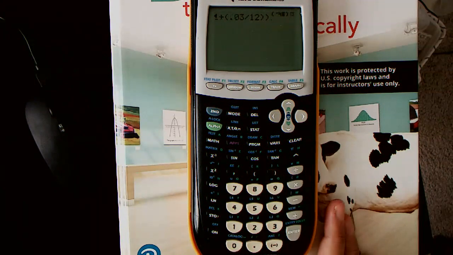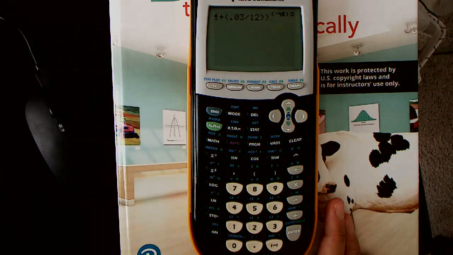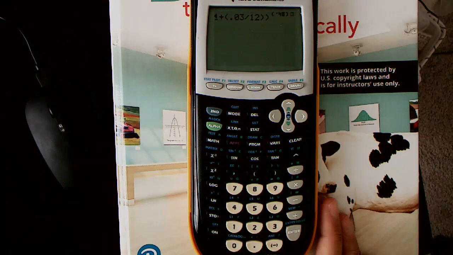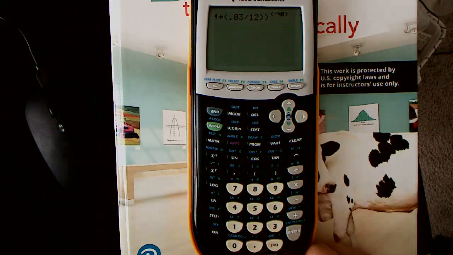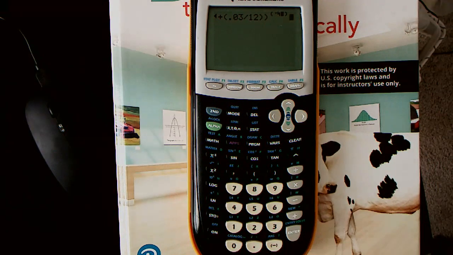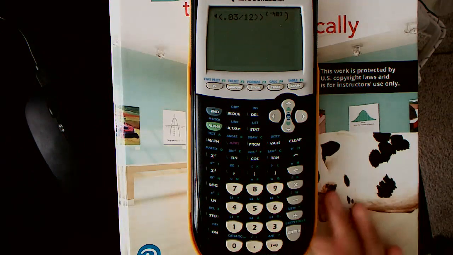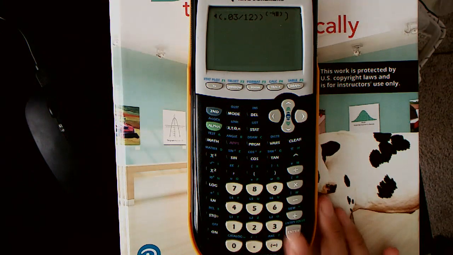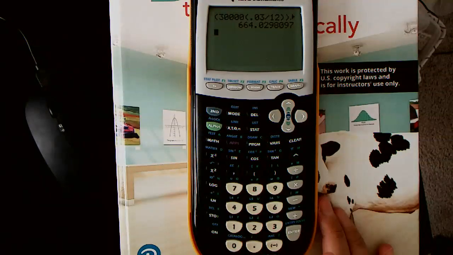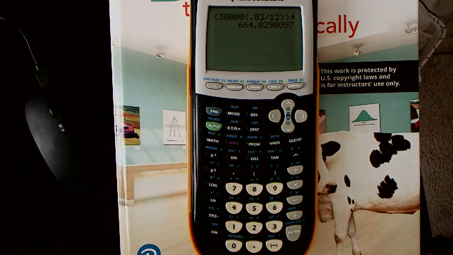Do you still remember the negative sign on the calculator? It is different from the minus sign, okay? And then now I'm going to close the parentheses that frame the whole denominator. Yeah, you can pause and rewind and repeat the part. And the answer I got is